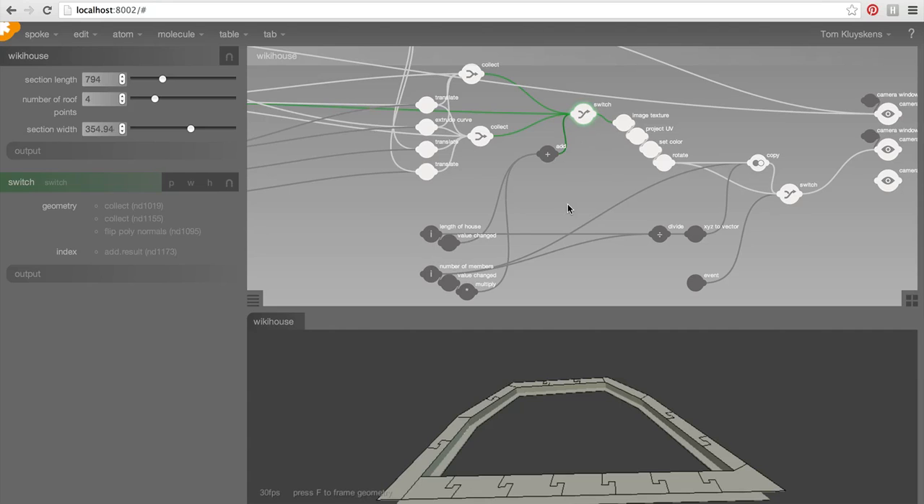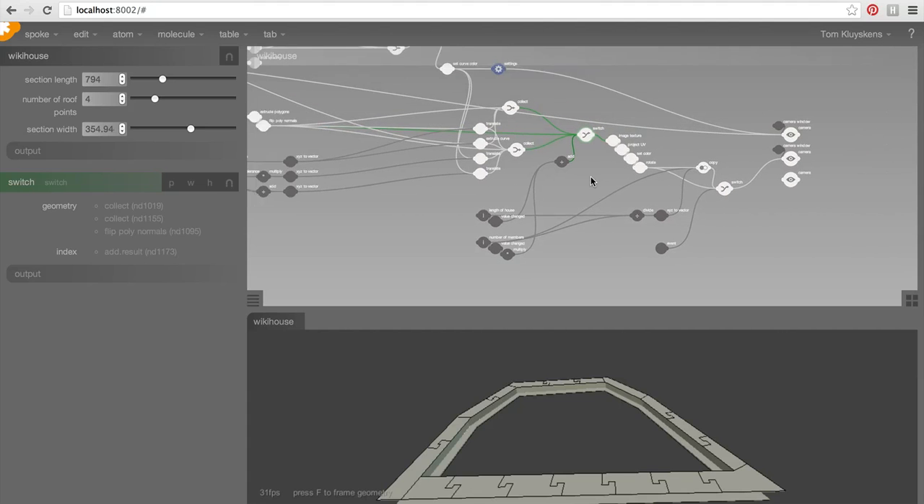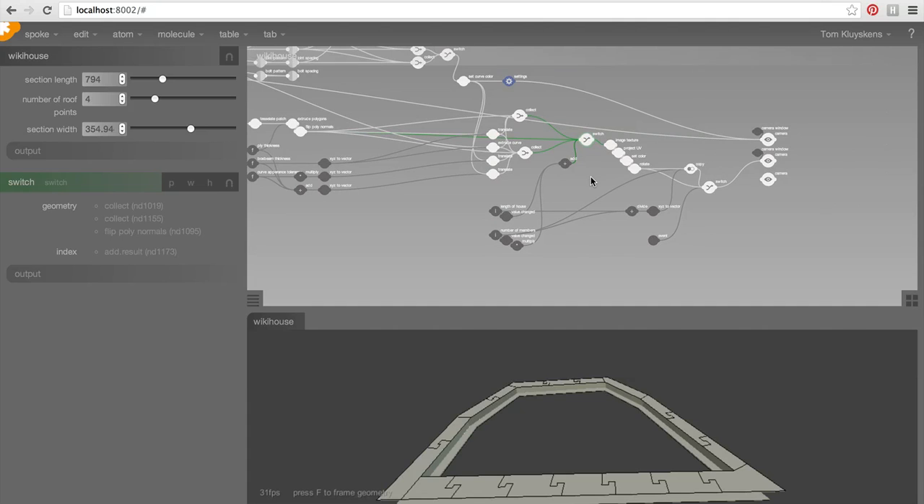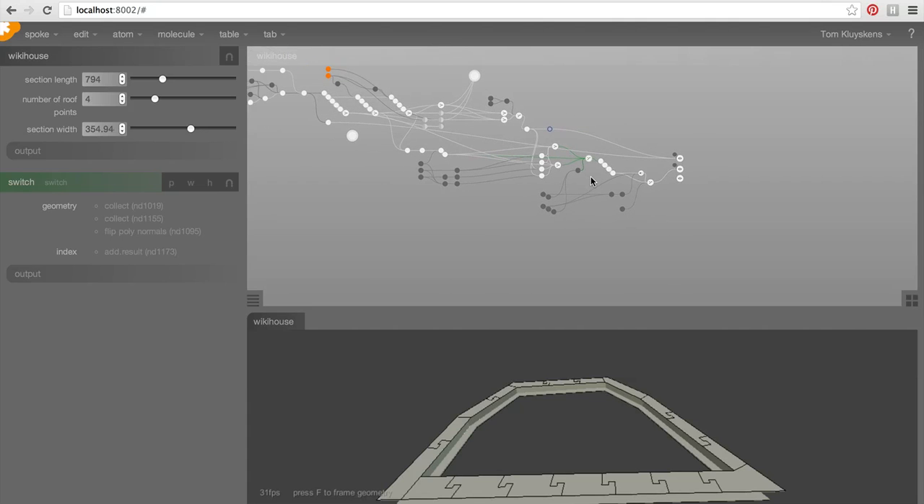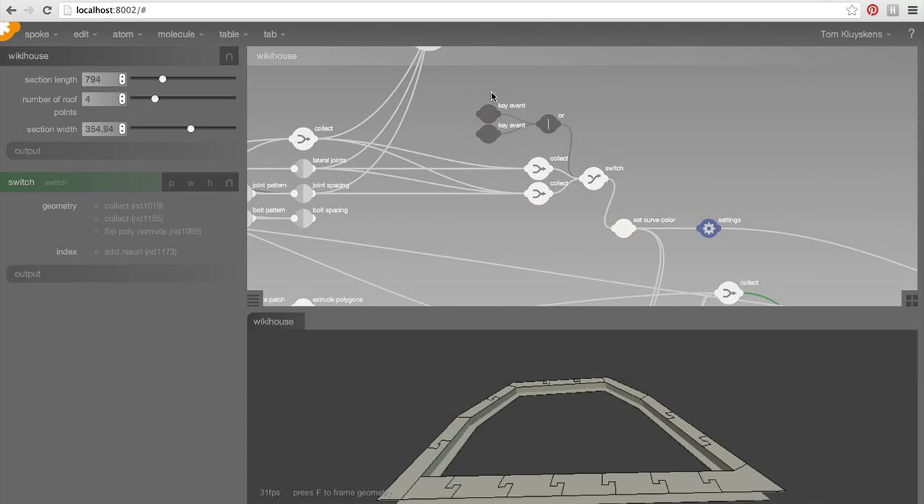When it's 0, there's no events. When the length of the house changes, this index becomes 1, and when the number of members changes, because it's multiplied by 2, this gets added up to a value of 2 and it switches this to 2. So that's how this works. And then the last key event that we were looking at is